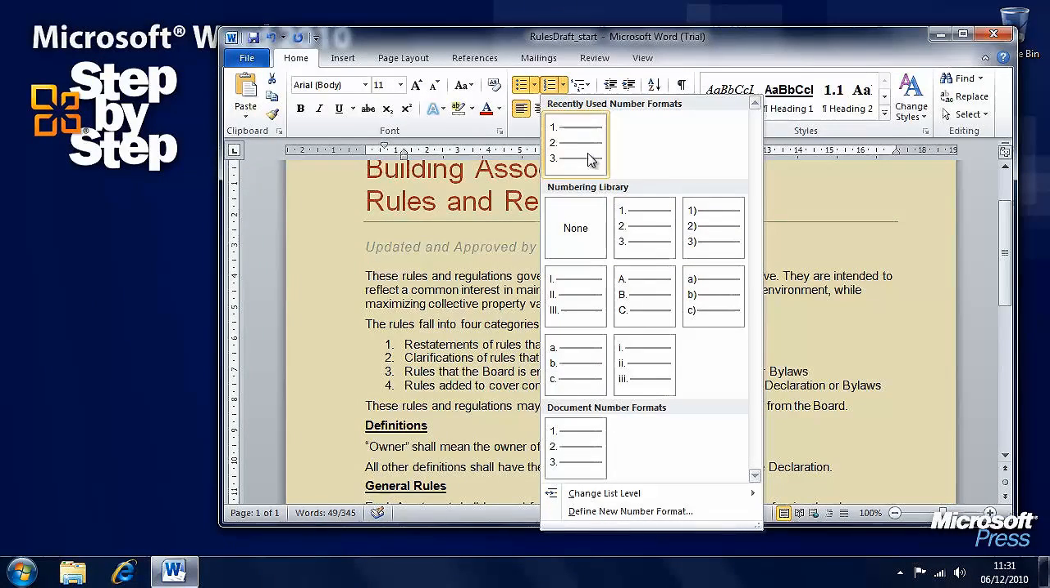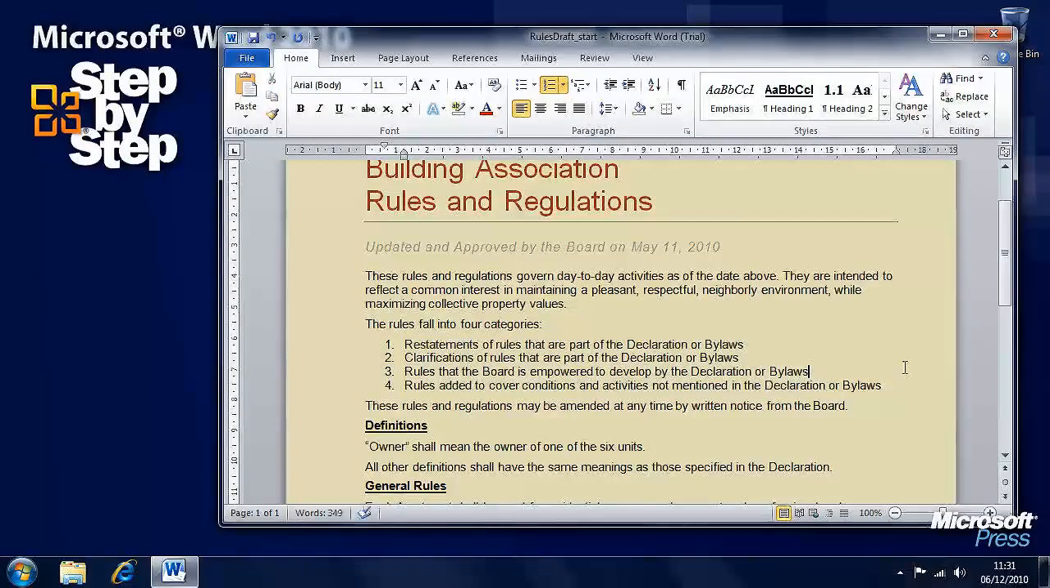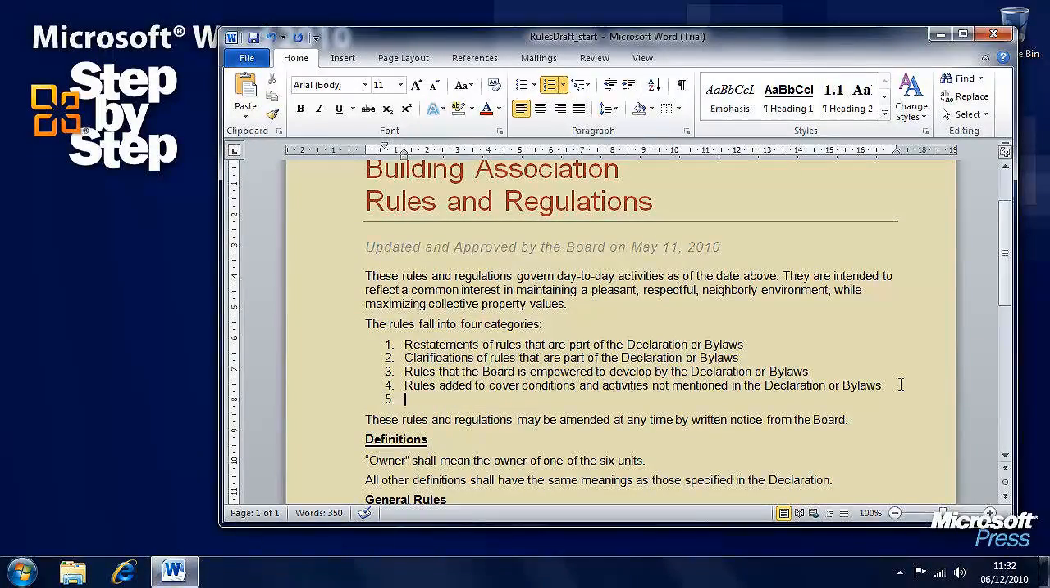So let's pick the standard numbered list, and we can just click on that and we can see that it's changed straight away. If we wanted to add more, then we simply move the cursor to the end of that list. You'll see the blinking cursor here at the end of Declaration of Bylaws. Press the Enter key and it will